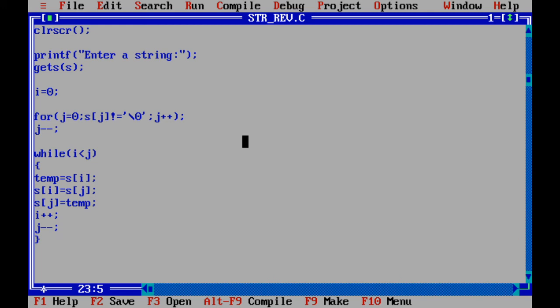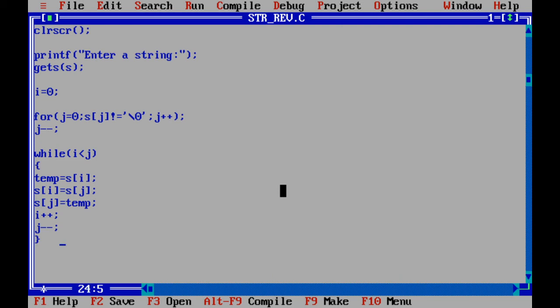Then again i plus plus, j minus minus, so i will become 2 and j will also become 2. At this instant the condition becomes false and it comes out of the loop. So till i is less than j, all the characters s of i and s of j are interchanged.